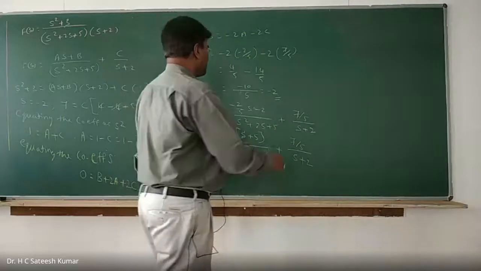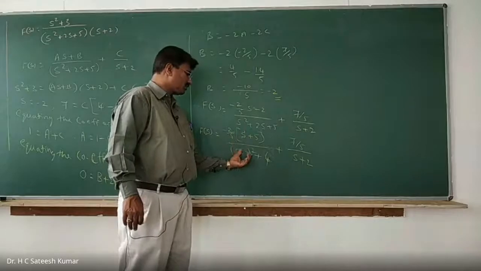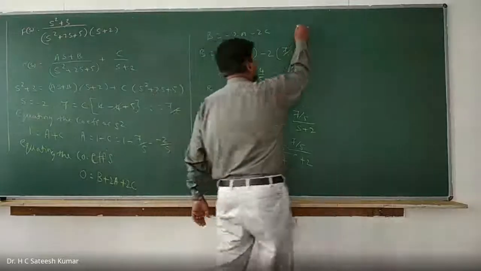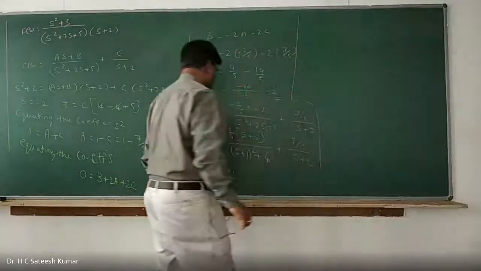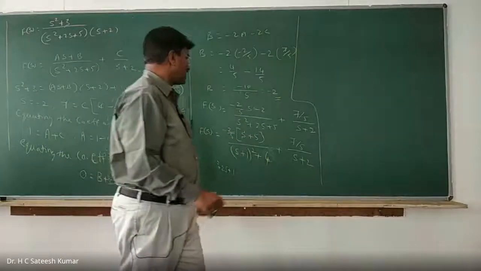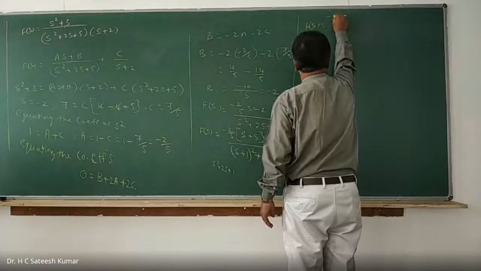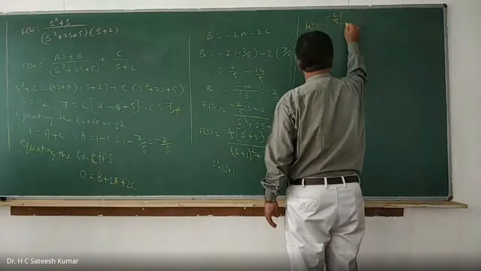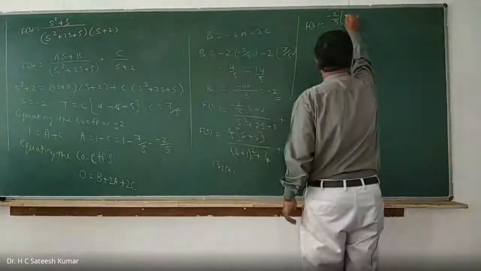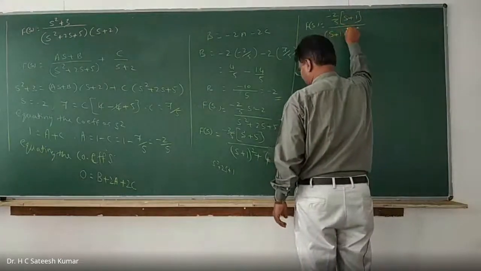You split this one because we don't have the standard format. We have the formula s plus b divided by s plus b whole square plus a. So if you want to find the inverse Laplace transformation, this one and this one should be the same. So what I should do is f of s is equal to minus 2 by 5 into, you split this one, s plus 5 into s plus 1 plus 4, s plus 1 divided by s plus 1 whole square plus 4